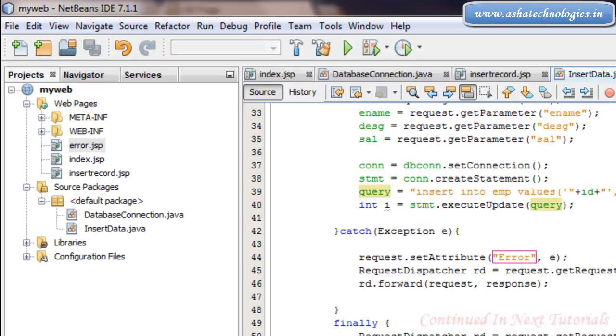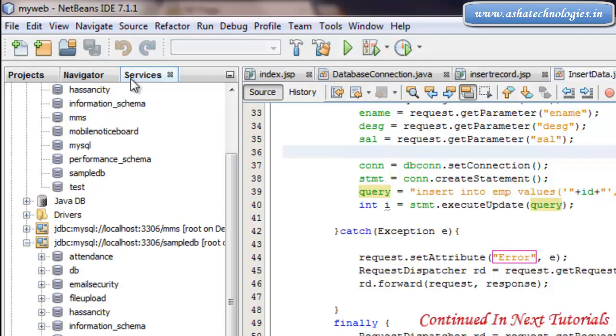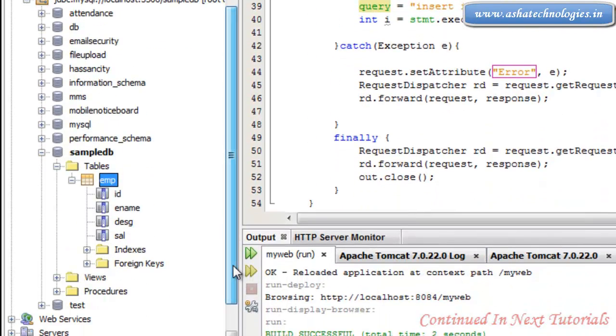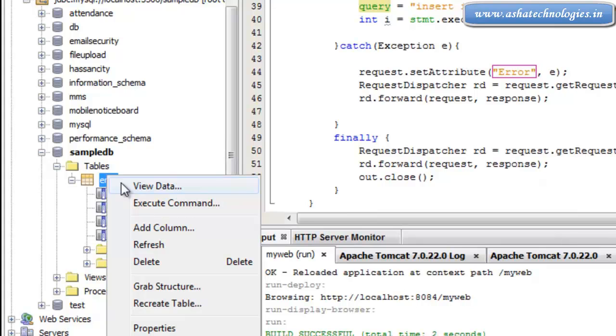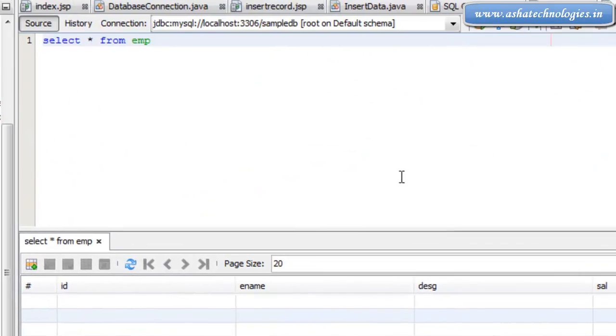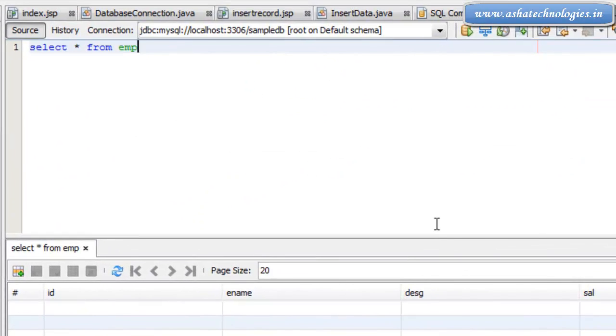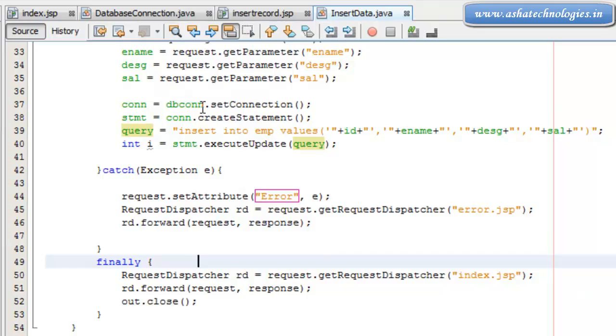Here we can check whether the database is updated or not. So go here to services, and under that, here is EMP, and right click, view data. Right now it is still not properly inserted. So we can check what the problem is here. To check out the problem, what we need to do is